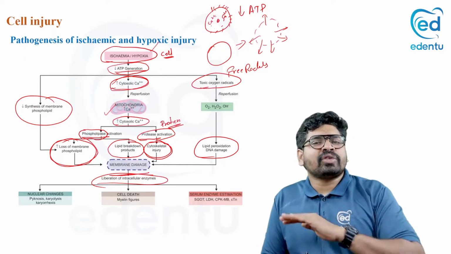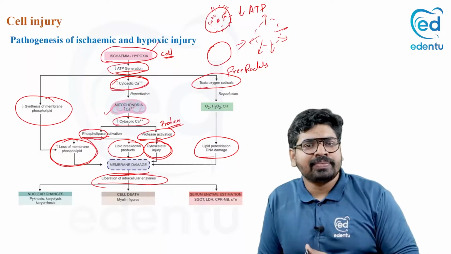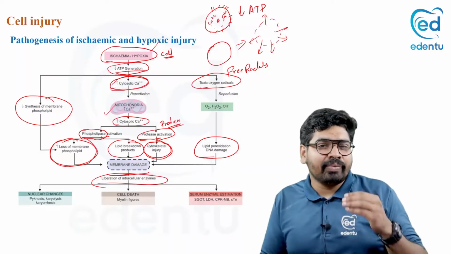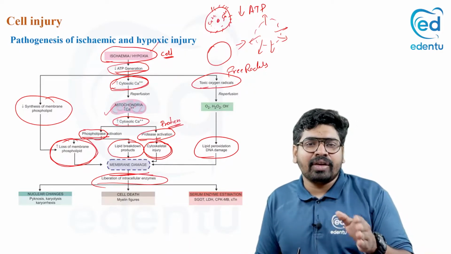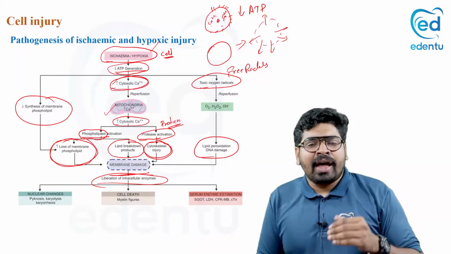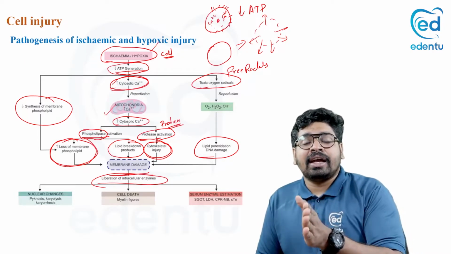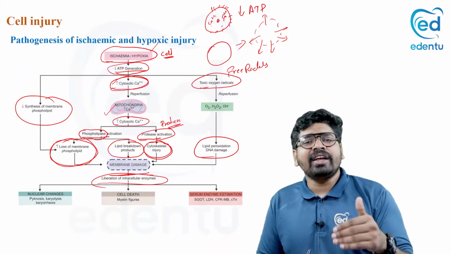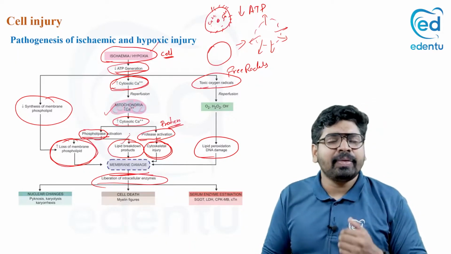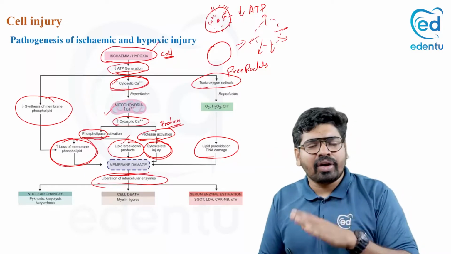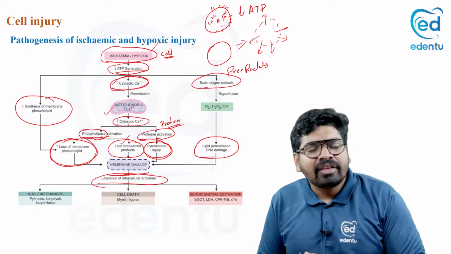When the ATP is reduced, all the pumps in your cellular membrane are blocked. There is an increase in the cellular calcium, an increase in the mitochondrial calcium. What does this calcium do? It will activate the action of your phospholipase. Lipase is an enzyme which digests lipid. So where is the lipid in your cell? Intracellular lipids. The lipids present inside the cells are broken down. The lipid present in your cell membrane is broken down.